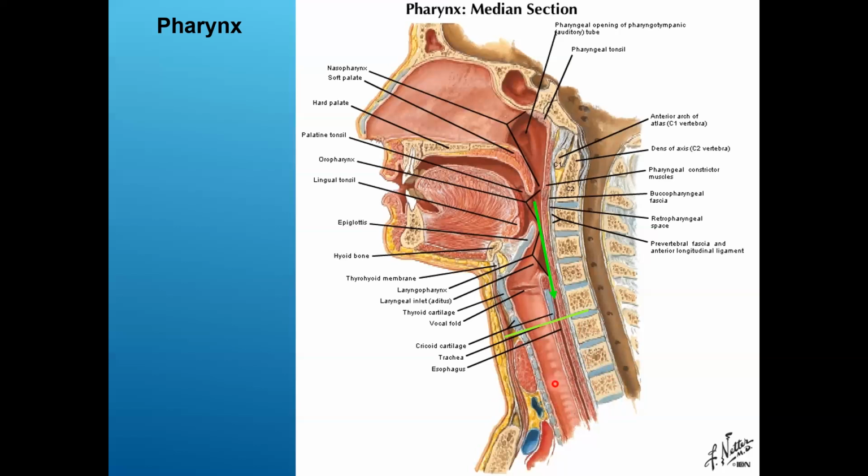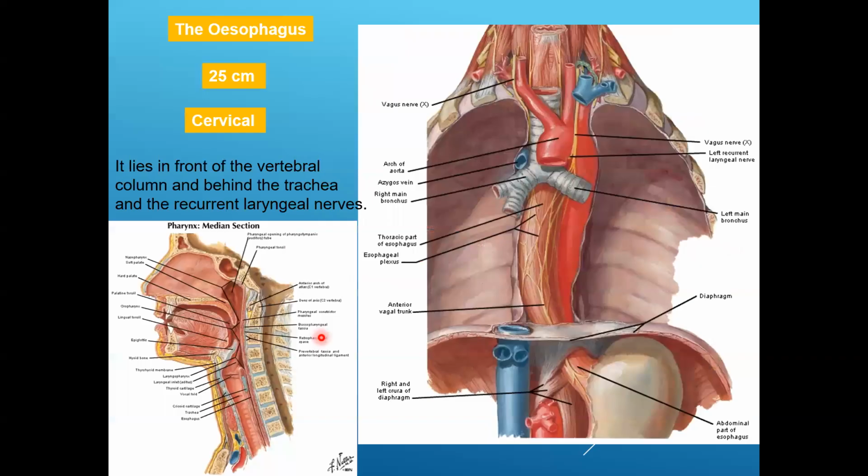Below the larynx is the trachea. The esophagus is about 10 inches in length, 25 centimeters. It has three parts. The part that is in the neck, we call the cervical part, and we have a part in the thorax or thoracic cavity, and the last little part is in the,